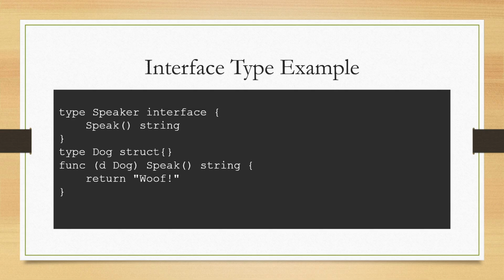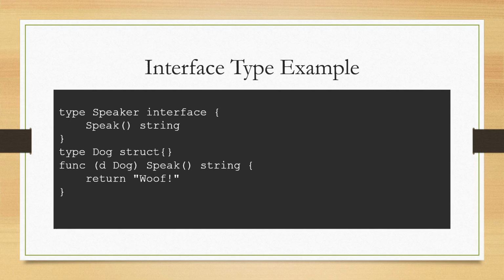So here we have taken one example of an interface type in Golang. The Speaker interface defines the contract that any type must fulfill if it wants to be treated as a Speaker. It requires the Speak method that returns a string. The Dog struct has a Speak method that returns Woof, which satisfies the interface. In the main function,